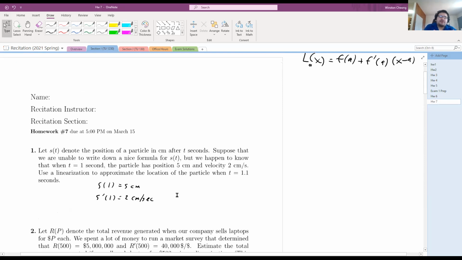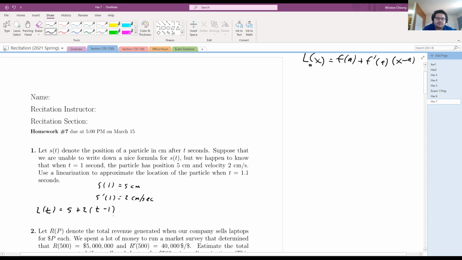And so we would construct the linearization, which is just some other function. And then we're going to plug in at t is equal to 1.1. In this case, it might make more sense to call this t instead of x, since this is a time. So we may as well do that. L of t, and then s of 1 is what we would normally write. So I'm just going to directly plug those things in. 5 plus 2 times t